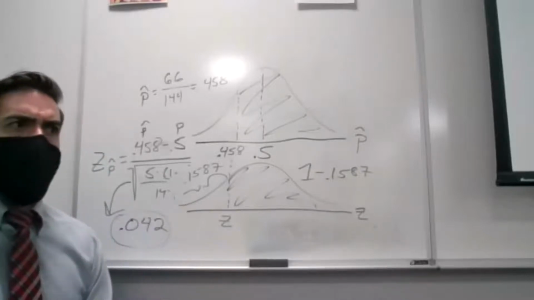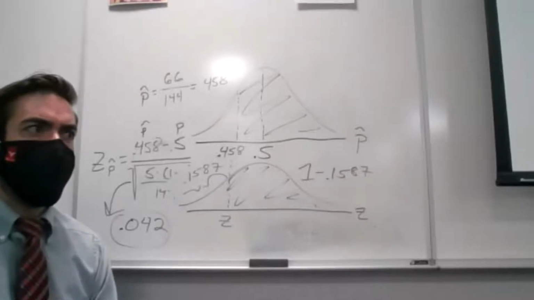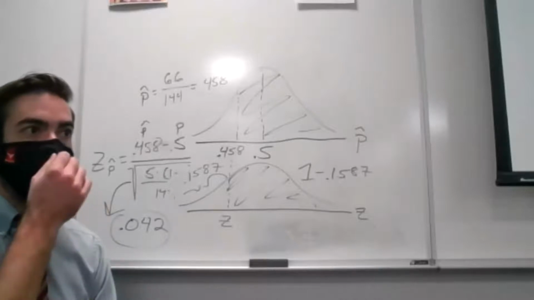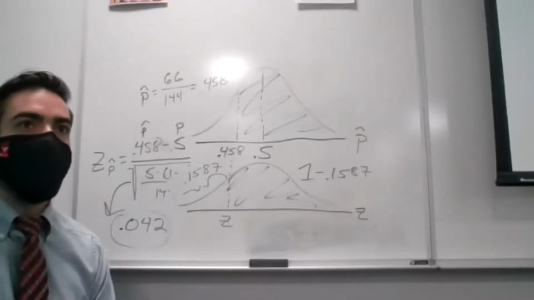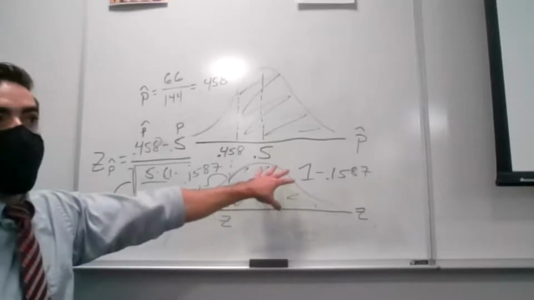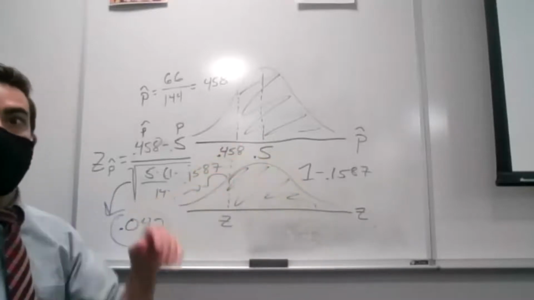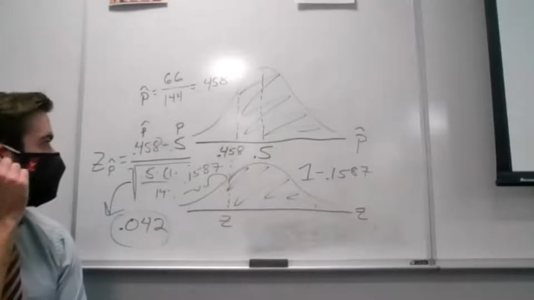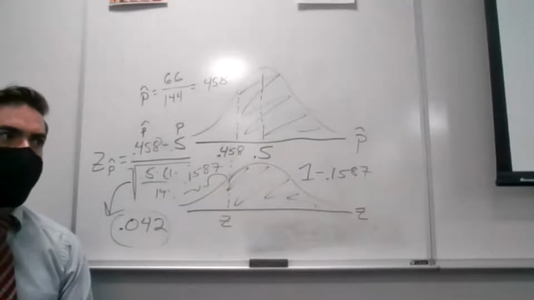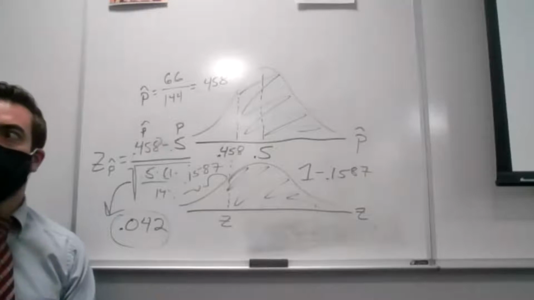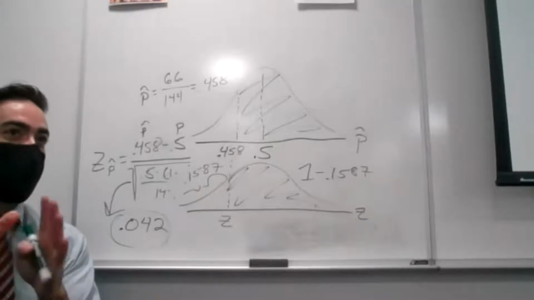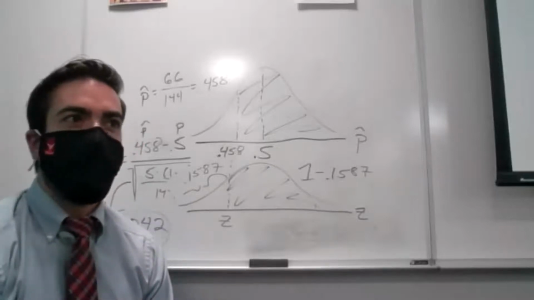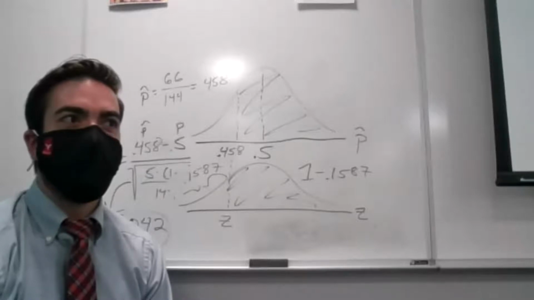Any questions on this before we keep moving? What if I just wanted the probability that it was less than 66 out of 144 coin flips? Everything would be exactly the same. I just wouldn't have to do that last step, because the table would automatically give me the area, or the probability, that I wanted. Any questions on this before we keep moving? We're really going to switch gears after this, so if you have questions over these types of examples, ask them now. We're okay with this? Okay.